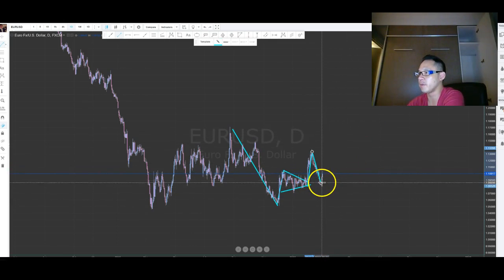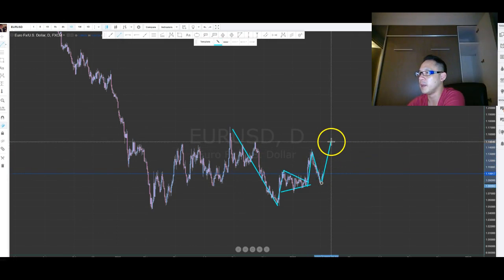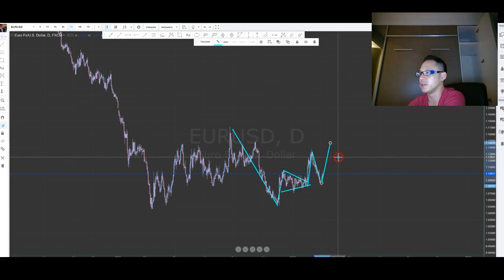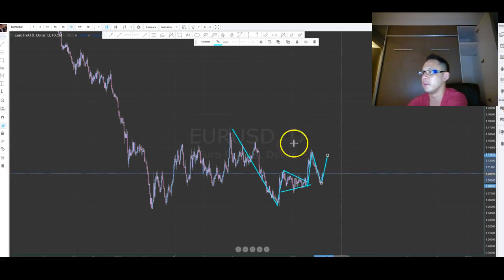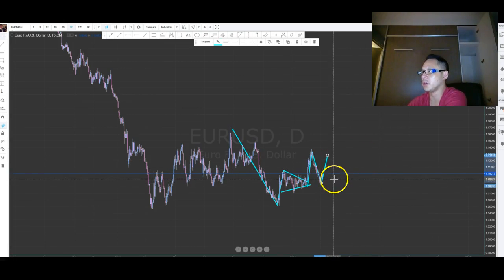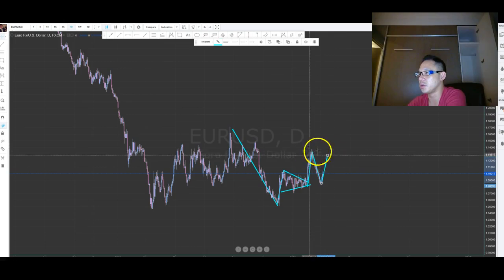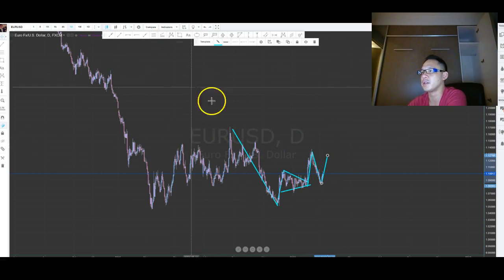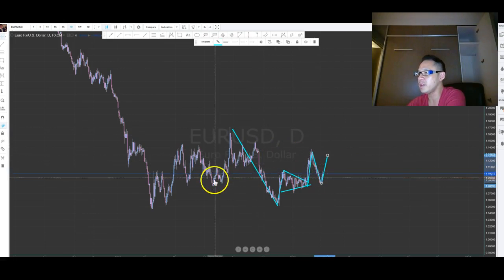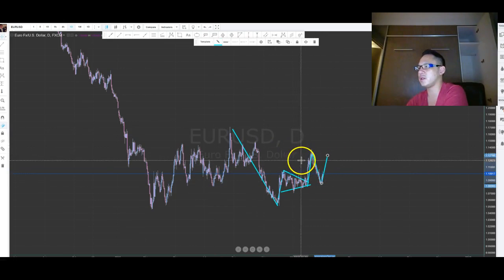So what do you expect to happen from here? Price to keep going up, right? Where it goes up to is going to be the big question. I don't think it's going to go above this level. I think it might go down to maybe these levels. We don't know yet. We'll just have to wait and see. But I'd be looking for shorting opportunities. This is a good level to short as price moves up to test these highs. It's still a bearish move, still in bearish mode.